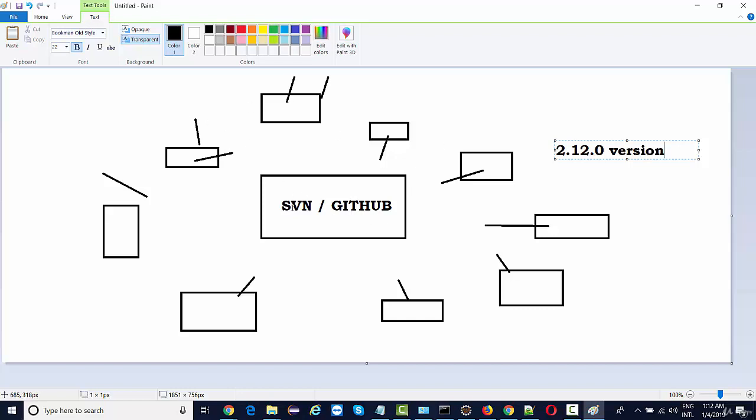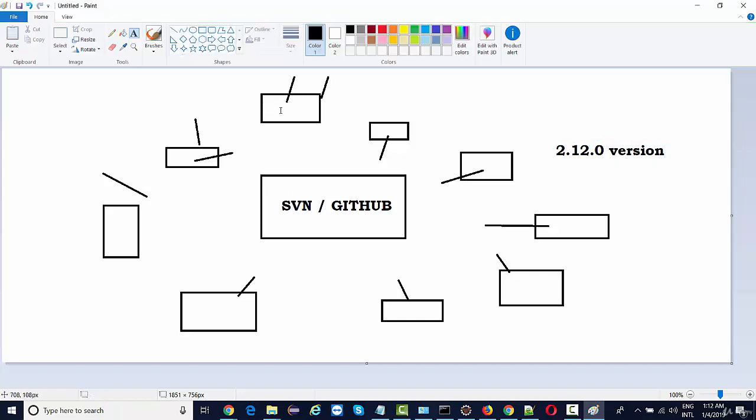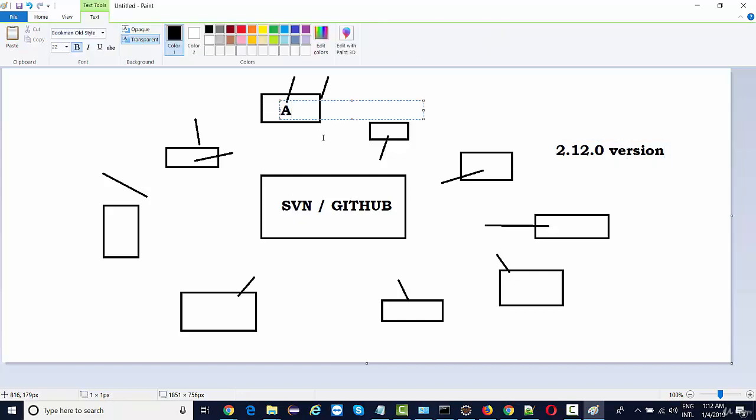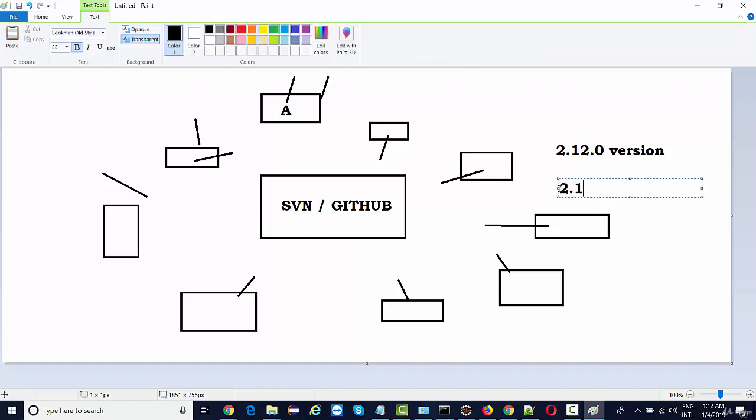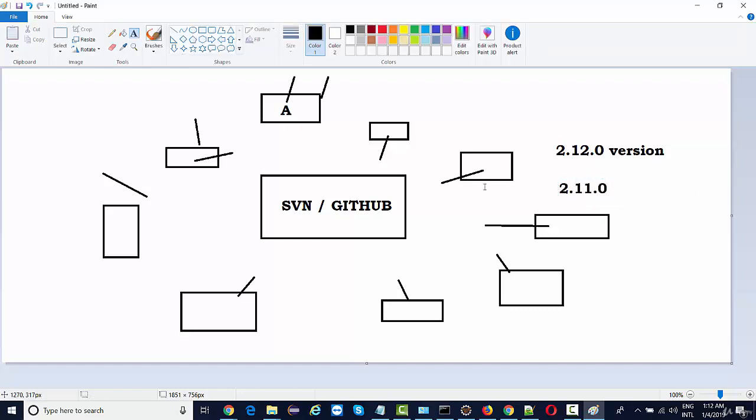Now maybe while checking in the code, tester A or developer A made some mistake. Right now the build 2.12.0 has buggy code, right? There are some bugs in that code. He wants to revert back to a previous version, that is 2.11.0. We can easily do that revert. We can roll back to the previous release, right?